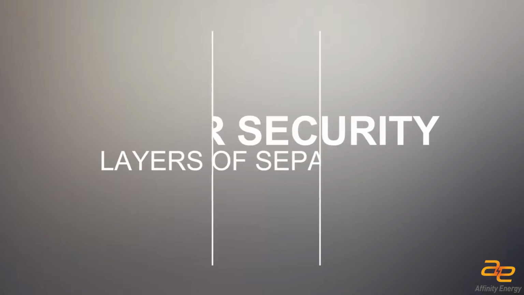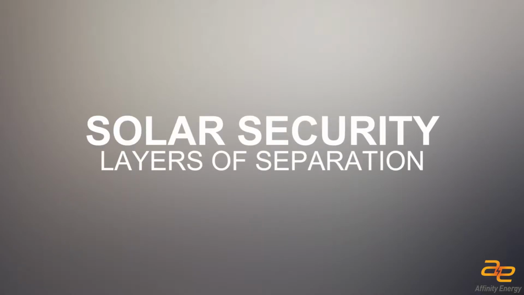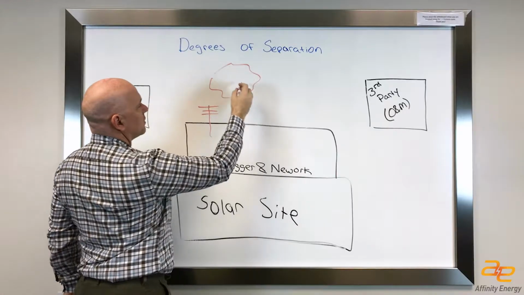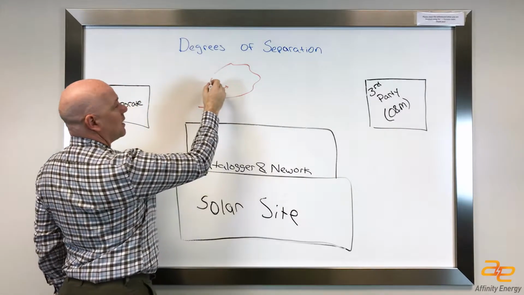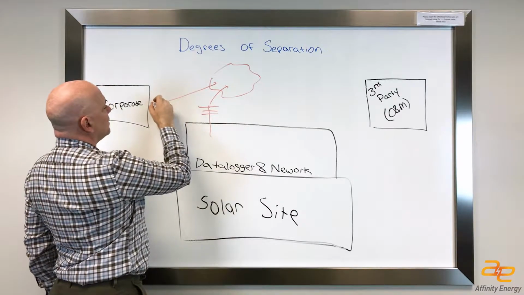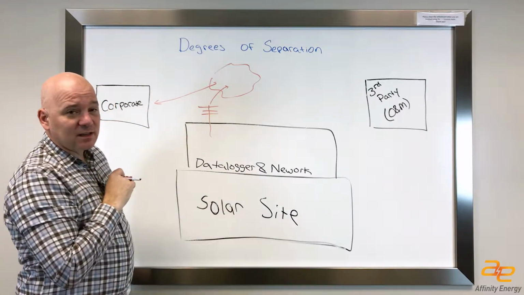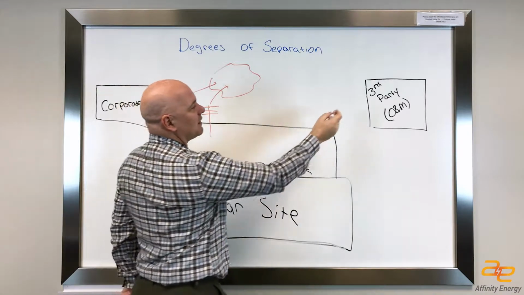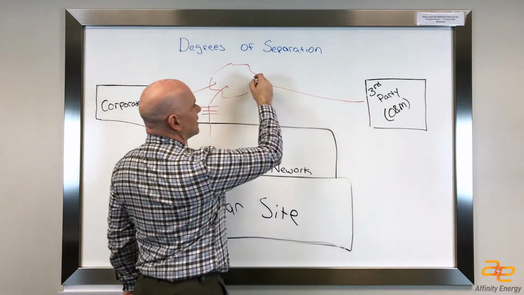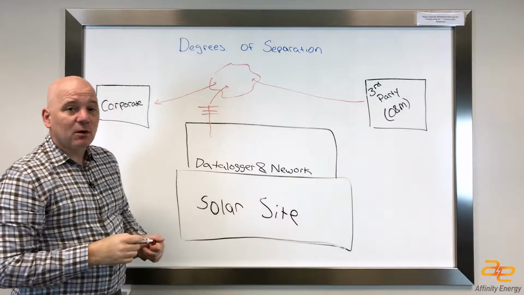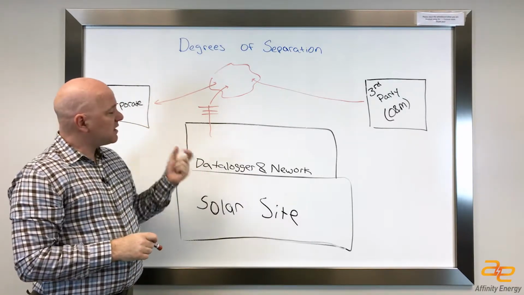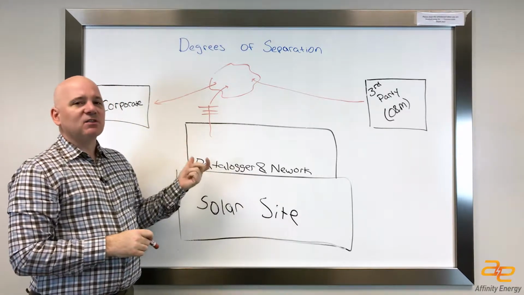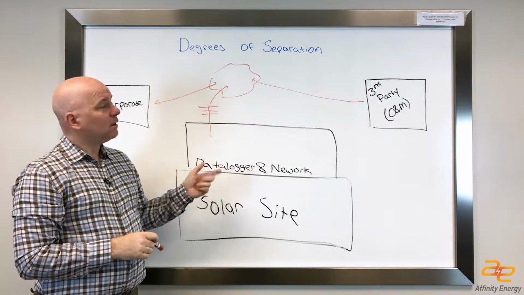intrusion. Traditionally, the way this would have been done is where we've got a cellular connection and there's a cloud app. So the cloud app is pulling data from the site, and then corporate is reading the data out of the cloud app, and they can allow their third-party O&M providers to get data from the cloud app to see what's going on. The problem with this approach is that to do good analytics on how the site is performing,